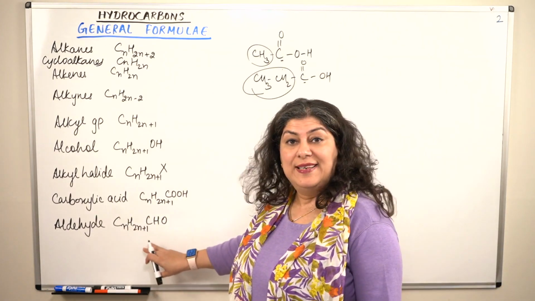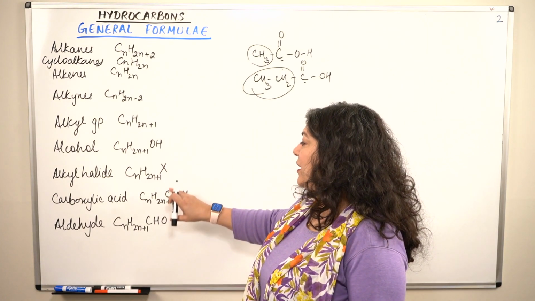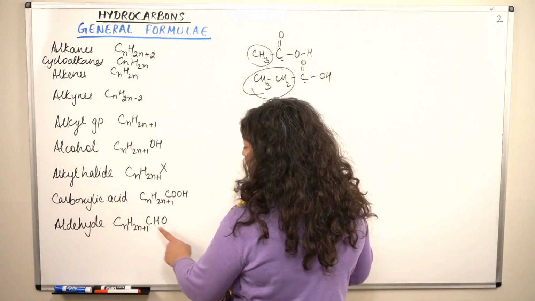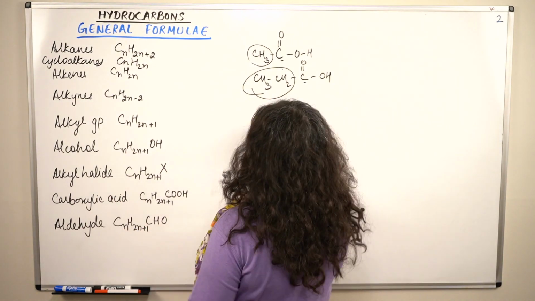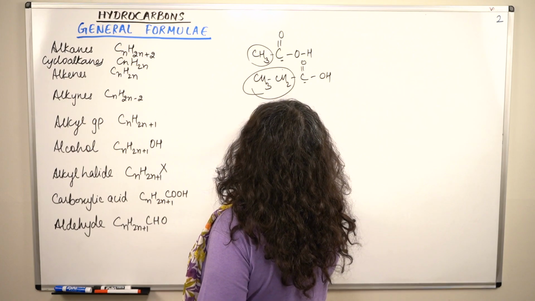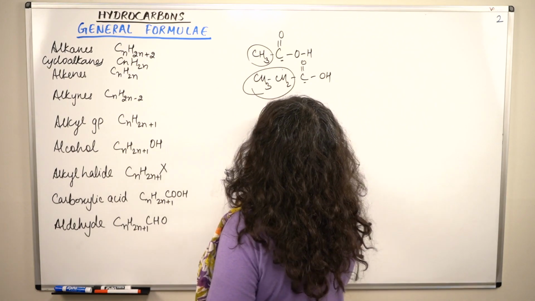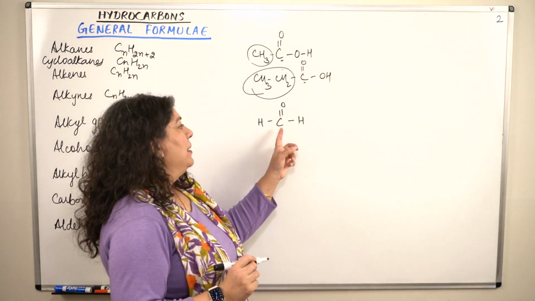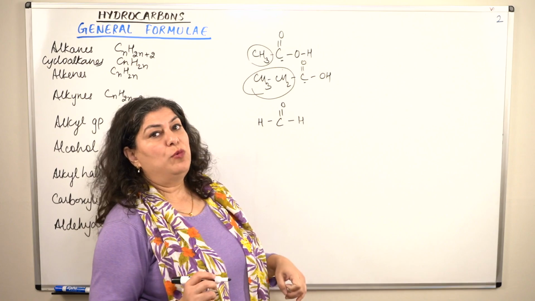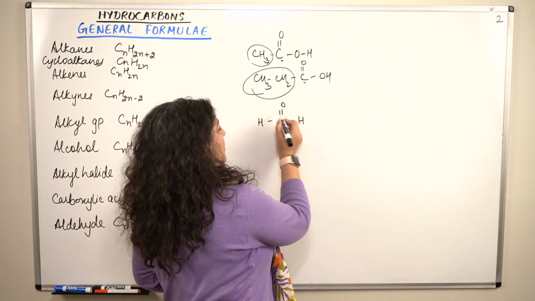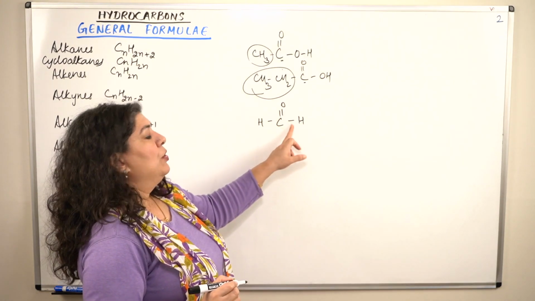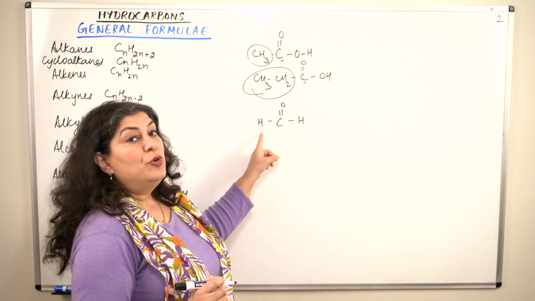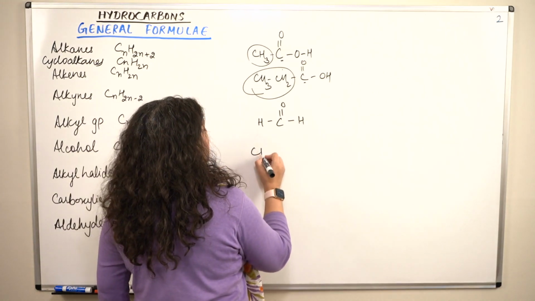Similarly, in the case of aldehydes, it's the same. An aldehyde does not have the carbon with a double bond. It straight away has this bond with CHO. But the bonding is different. So, let us say you have an aldehyde. You have H, C, O and H. The CHO group is like this, where carbon forms a double bond with oxygen and a single bond with hydrogen. Every carbon forms 4 bonds. This carbon is forming 4 bonds, 2 with oxygen, 1 with hydrogen here and 1 with the hydrogen here. So if you add a methyl group here, you'll get